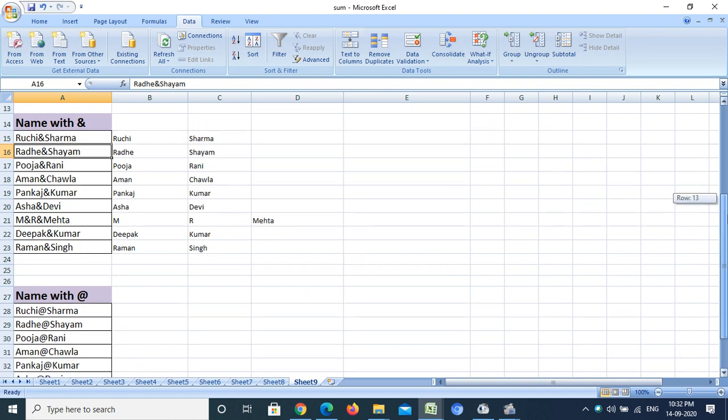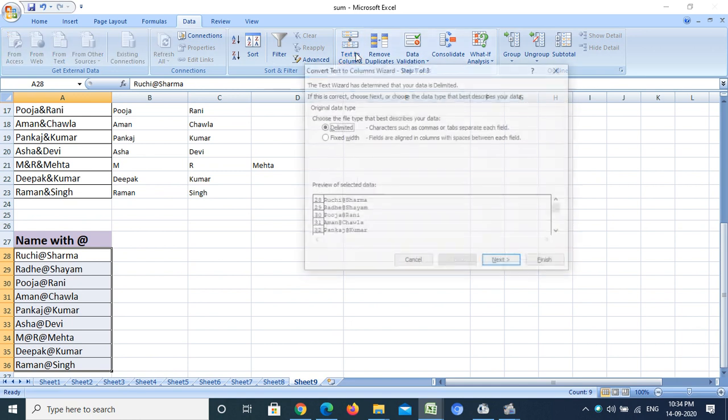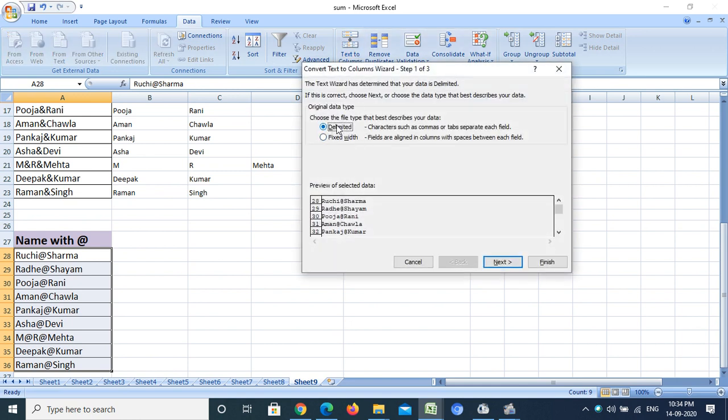The same is the case with the at sign, that is at the rate. Now see, I want to separate this text into different columns. Whenever this at sign occurs, I want it to convert my text into different columns. So first of all, I have to select the text. After that, I click on the Text to Columns option, Delimited, Next.